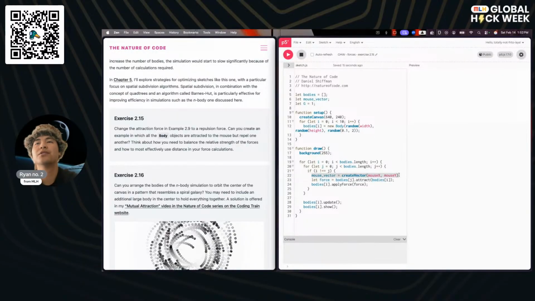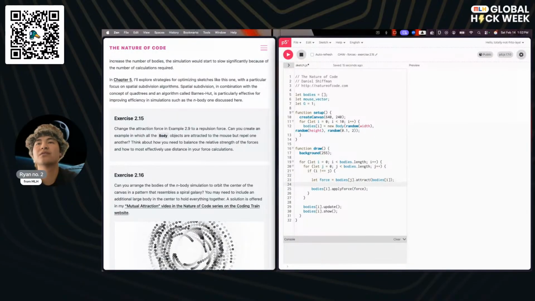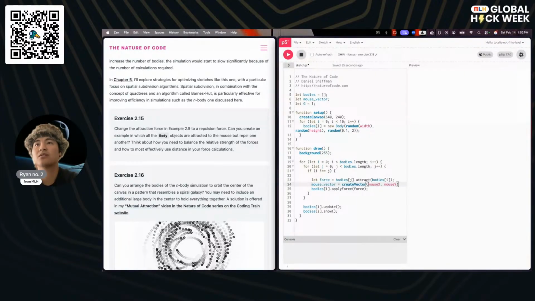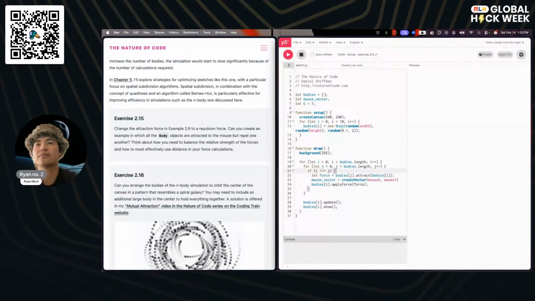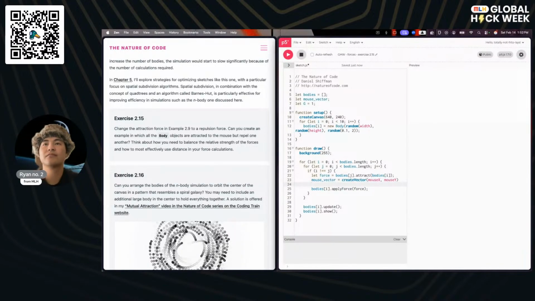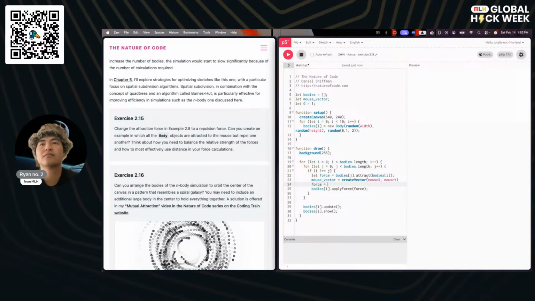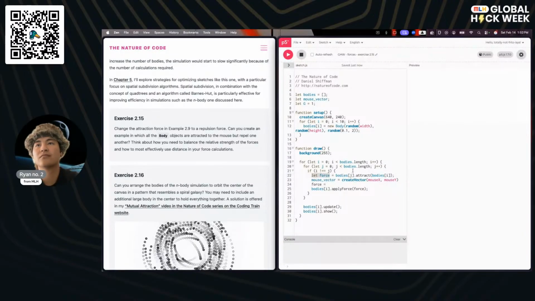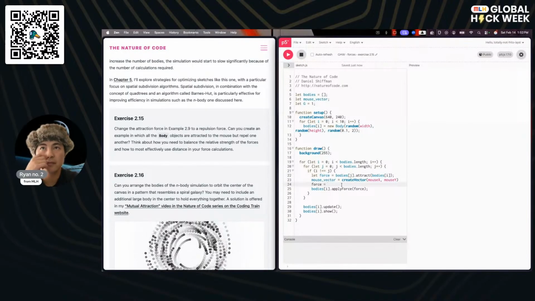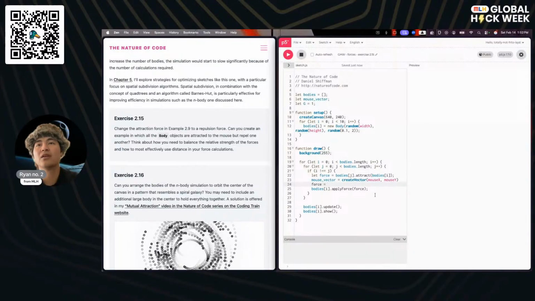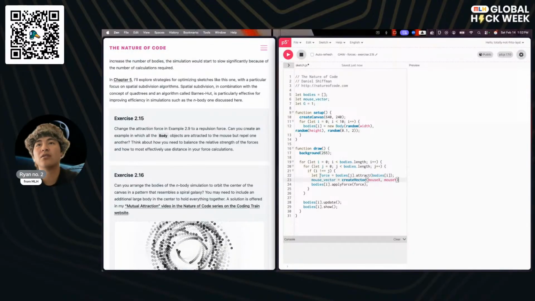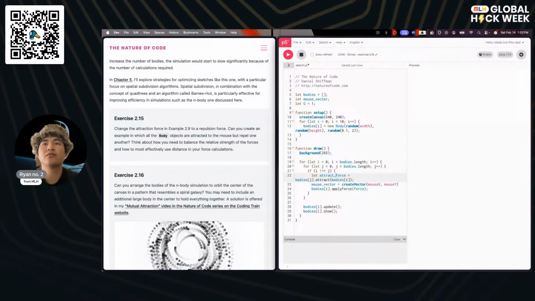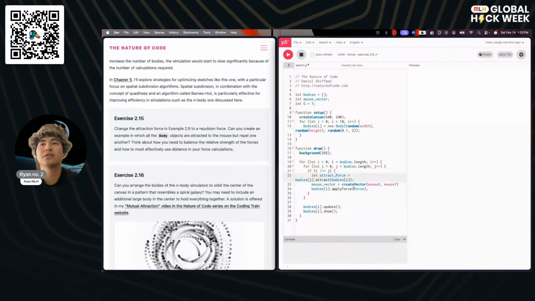So let's move this down here. Actually, I want to make this, we're going to have two different kinds of forces.